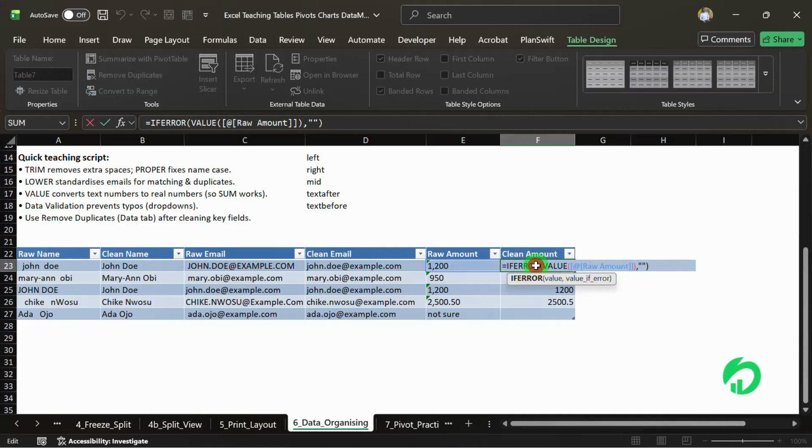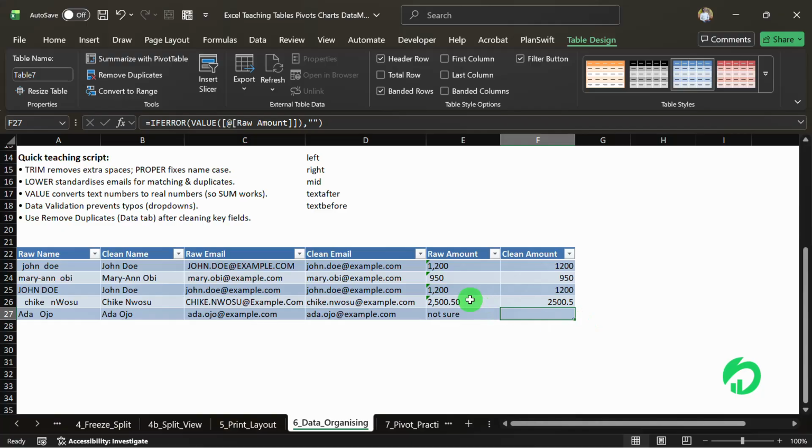So what I did now is that I told my Excel that if there's an error, like the value error that was there, just leave it blank, which is exactly what it did. So this cell is blank right now. Let's assume something changed over here later. It will definitely change here by default,